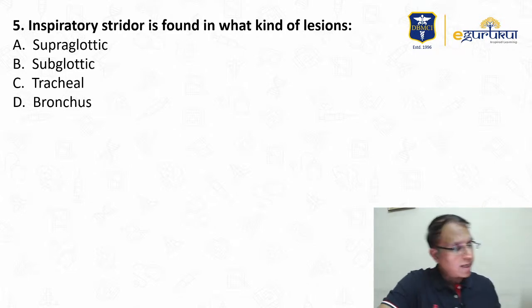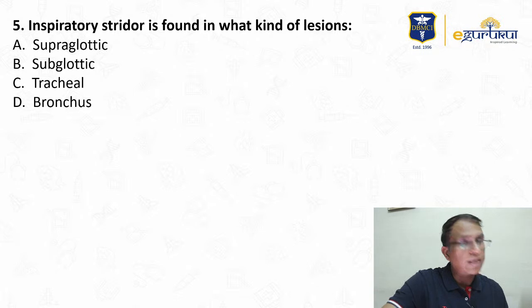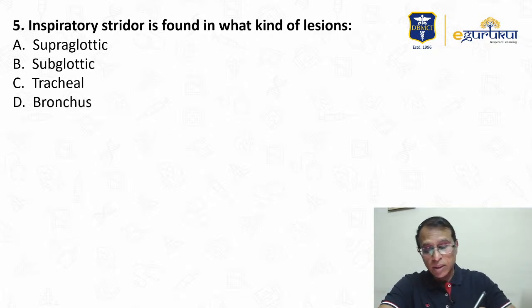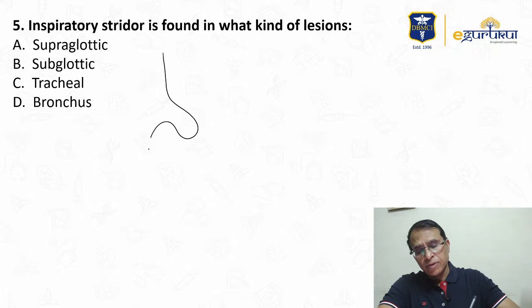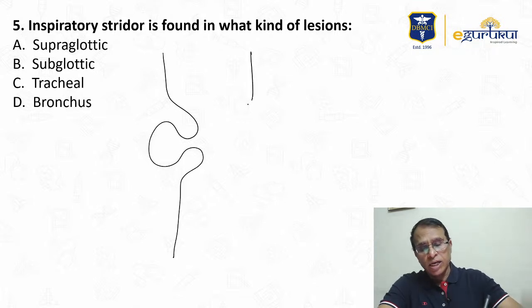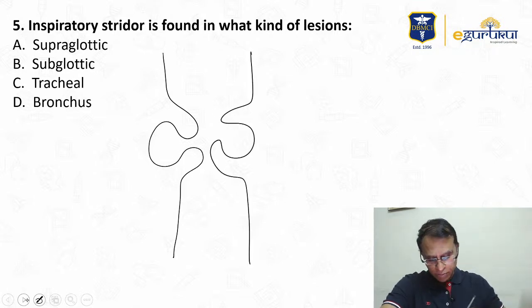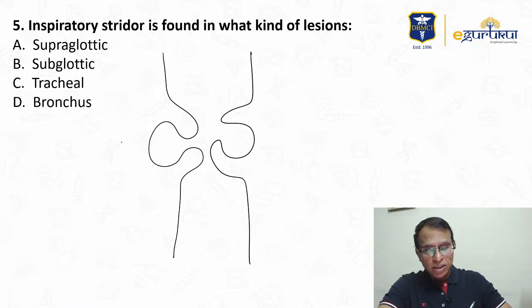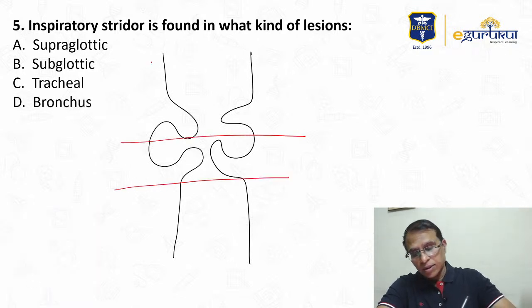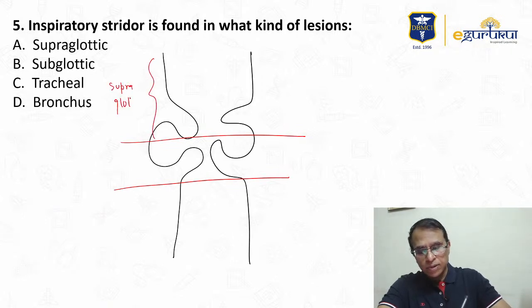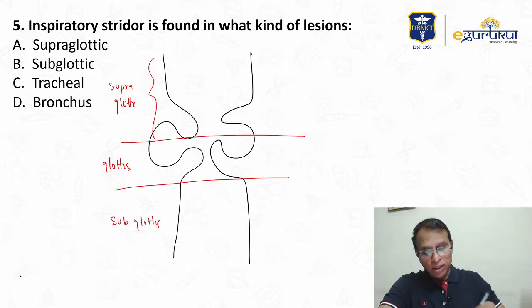Yeah, supraglottis. I'll answer your question, Avinash. Whitish patch we are talking about. So when I draw the larynx, this is how we draw the larynx on an AP view. This is a line diagram of the larynx. And we divide the larynx into 3 parts by drawing 2 lines. This part of the larynx is supraglottis. This part is the glottis. And this is subglottis. Any disease in the supraglottis causes inspiratory stridor.